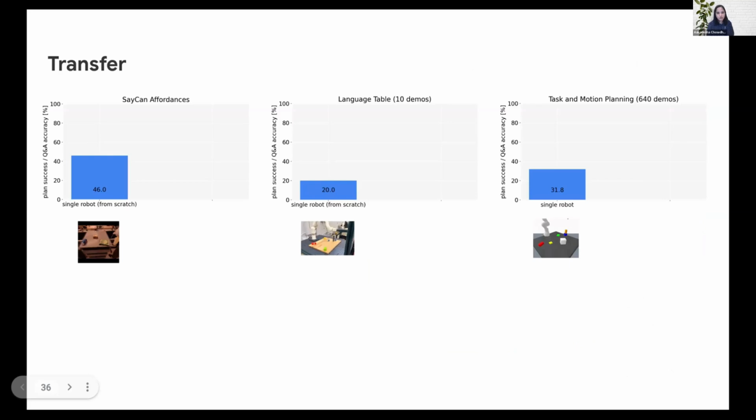action steps. And one interesting aspect that I mentioned about transfer is that when this model is trained on just a single robot, like taking the data from a single robot, the y-axis shows the accuracy, and the x-axis shows what data the model is trained on. So when the model is trained, say, on just SACAN, the fractal robot affordances data, or just a language table environment data, or the task and motion planning data, then it gets lower accuracy.